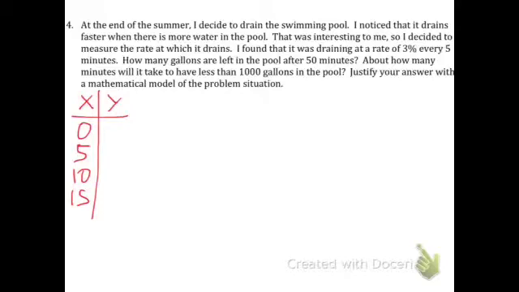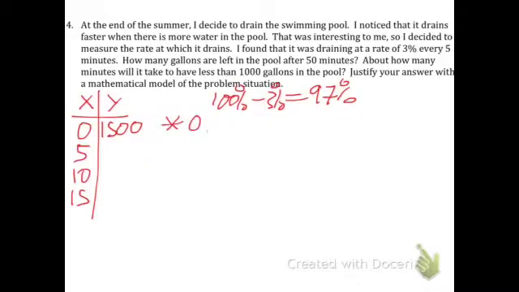So right at the start, and again, the pool had 1,500 gallons to start out, and then I need to take off 3%. Okay, so if you start with 100% and you take out 3, you're looking at 97% of what you used to have. And so when you're trying to figure out how to get to this next step, you're going to multiply by 0.97 because that's 3% less of what you started with. Okay, and so take 1,500 and times by 0.97, and you're going to get